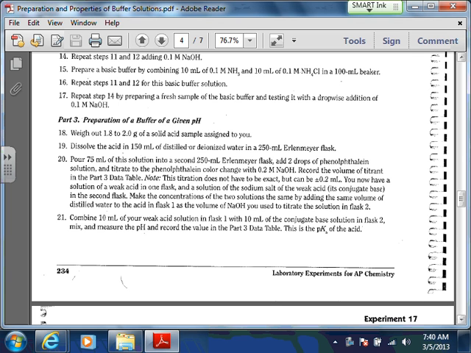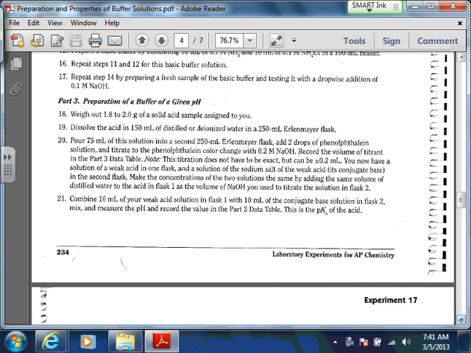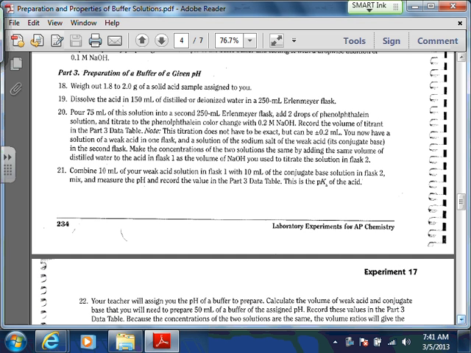Then I'm going to have the other half of your group working on the part 3, preparation of a buffer of a given pH. This is the part that's going to take a little bit longer, and I don't think you'd have time to do all 3 parts probably in one day, but if you're dividing it, if there's a group that's working on part 3 from the very beginning, then you should be able to finish it. So the instructions here are basically telling you what to do. You're going to do something very similar at the beginning of this to what you did in the last lab